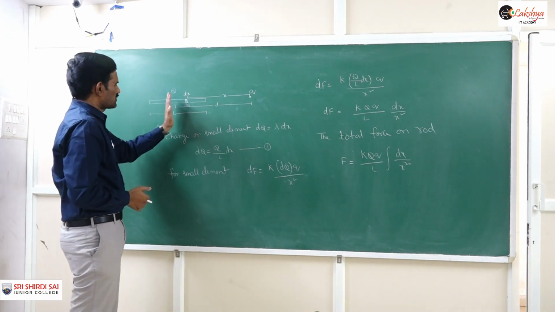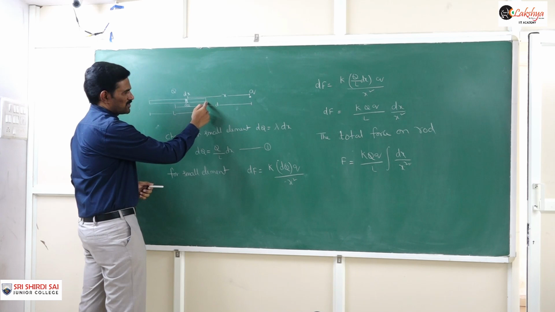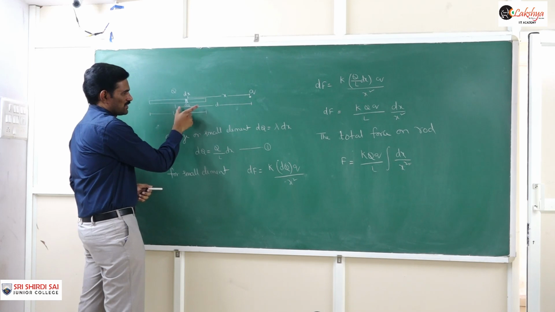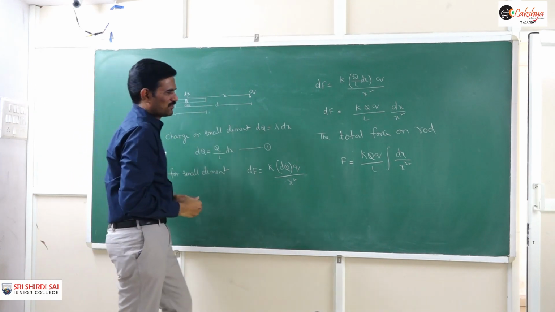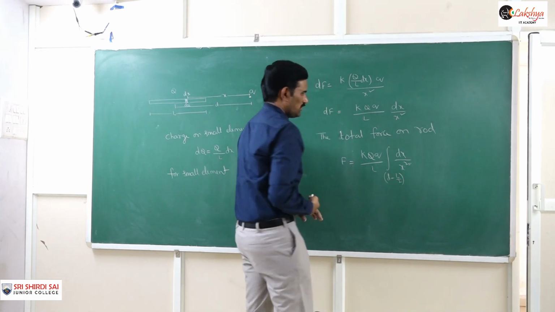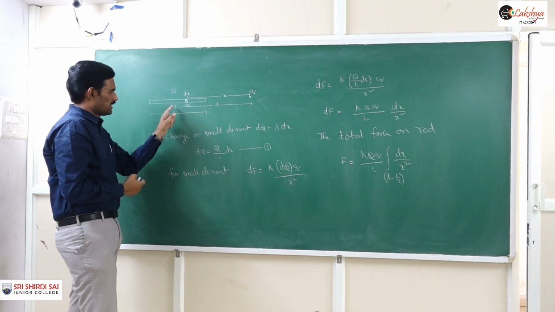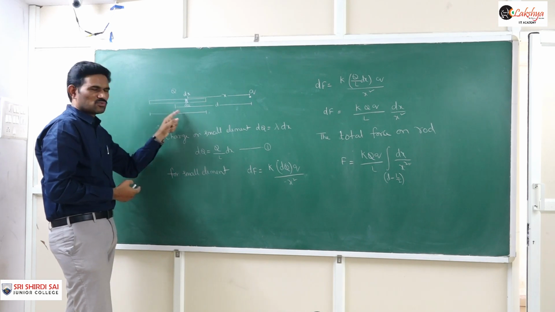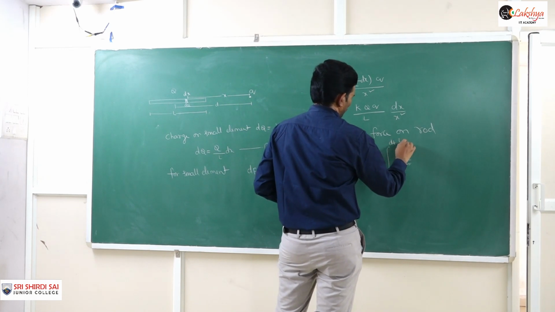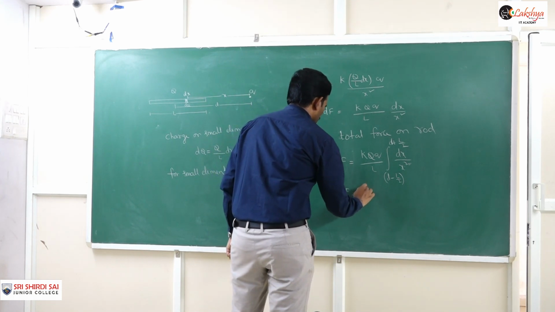Here the question gives it from the midpoint, so let us write the limits from this midpoint. The lower limit of x is here, that means this rod starts at a distance of d minus this distance, which is nothing but L by 2. So the lower limit is d minus L by 2. And the upper limit is nothing but this end, which is d plus L by 2. So d plus L by 2 is the upper limit. Just integrate and simplify this, and you will get the expression for the force acting on it.